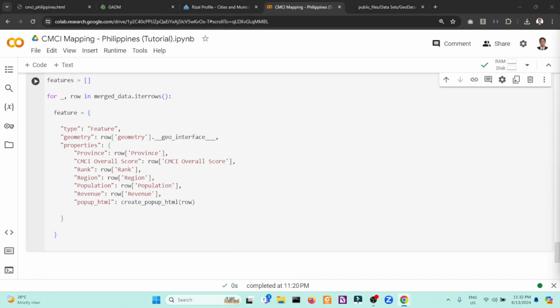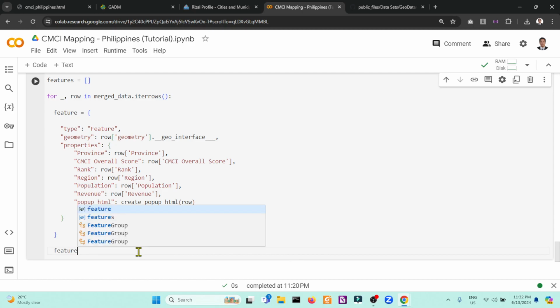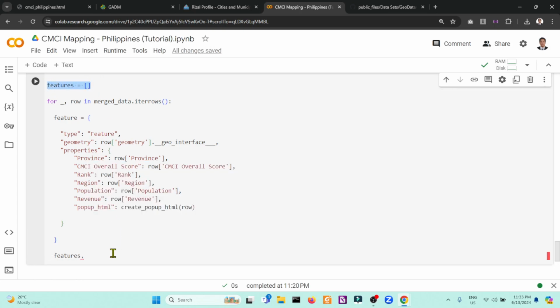It's not yet finished, of course. Another one is to append the created features, which is a blank list, with our created dictionary of feature.